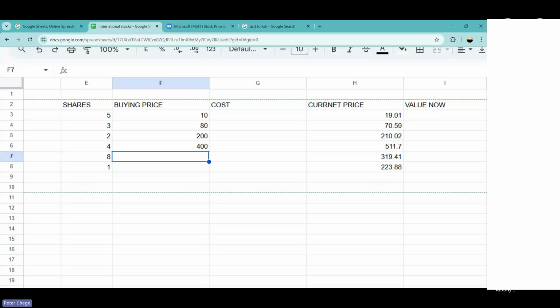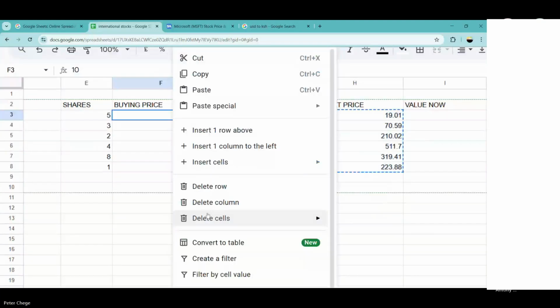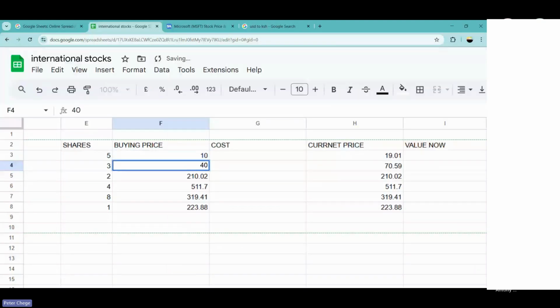You only need to copy these. Copy, and when you're pasting here, paste values. That's when you're buying. You paste special values. It will paste whatever is on this side. Now let me just change these figures a bit just to play around. 200, 400, 300, and 200. So your cost will be this